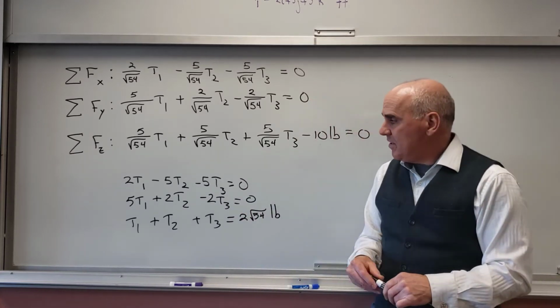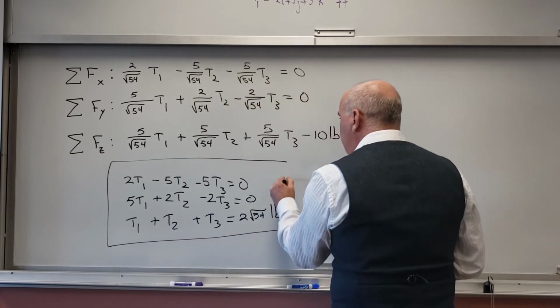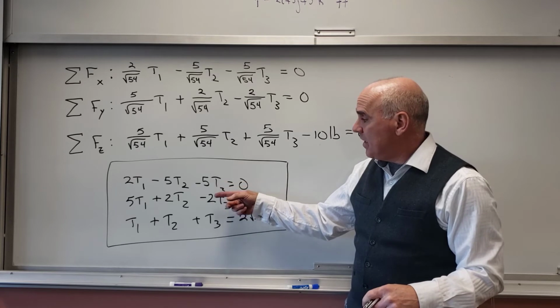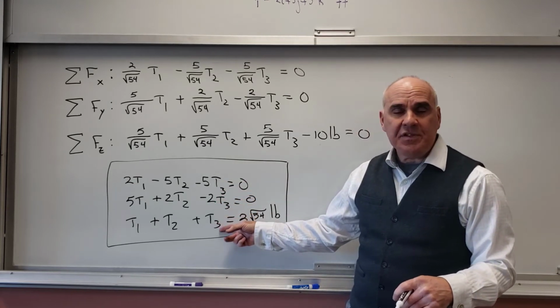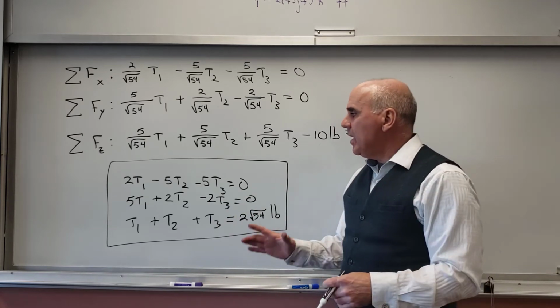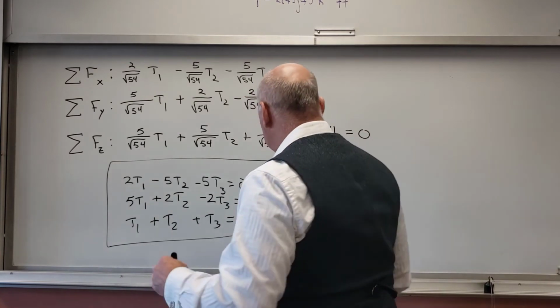Right? And there's my system of 3 equations and 3 unknowns. These are my 3 equations, sum of the forces in the x, sum of the forces in the y, sum of the forces in the z. And then my 3 unknowns, T1, T2, and T3. And I can solve this, and if I do that, my solutions will be